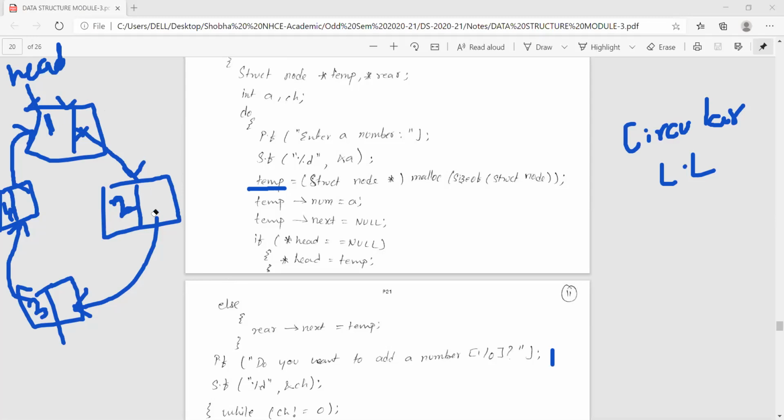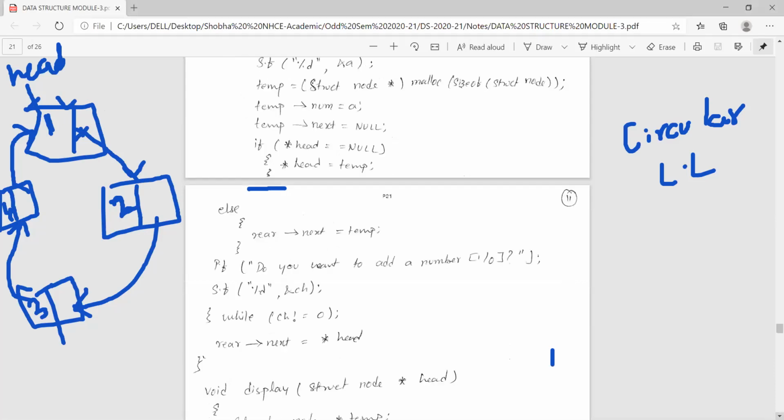Okay, now again you will repeat this process. So next this will be added, this will be added. Likewise, it will be going on one by one, node will be added. After all, this will be rear, this will be null, right? Last node will be having definitely null. So to point the last node to the head node, that is what you are doing here. Rear's next is equal to head. To form it as a circular linked list, the last node's next is being pointed to the head.